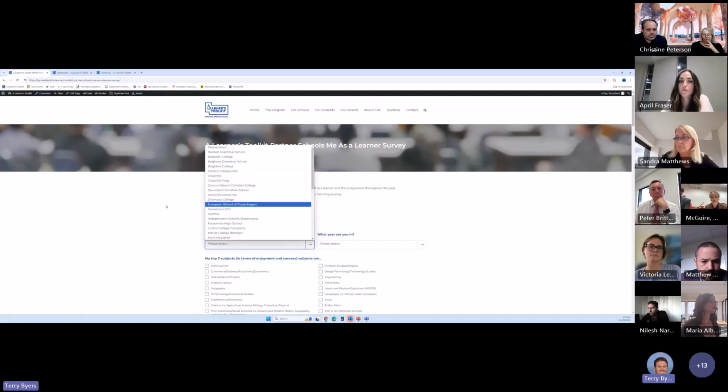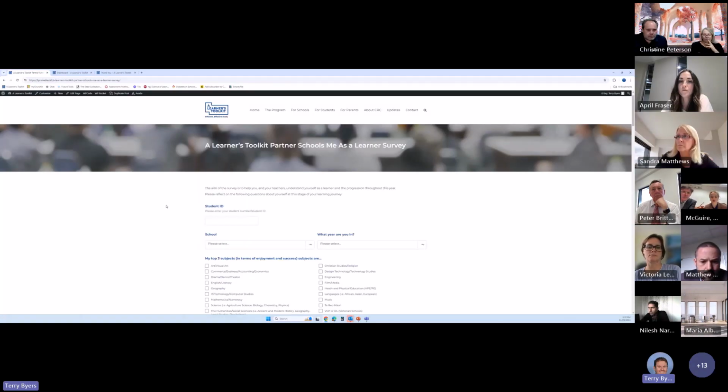To make this work, there's a hidden number that will be generated that links that student to that school. If the student puts in their right ID and selects their right school, we will have no issues moving forward. If they pick the wrong school, it will create a few headaches in the back end, but only in terms of that student seeing themselves against themselves over time. And you'll see that soon. So yes, the survey is long,